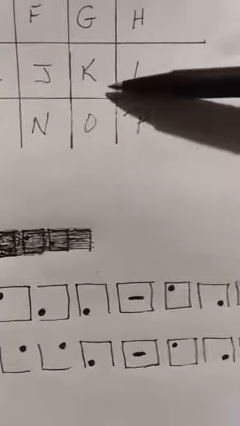J would be bottom left. K would be bottom right. For the L, the dot wouldn't be on the interior, it would be on the exterior at the bottom. For the H, it would be exterior at the top. On the A, D, M, and P, there are no dots. Not on this one. On this one, since we have duplicates of these corners,